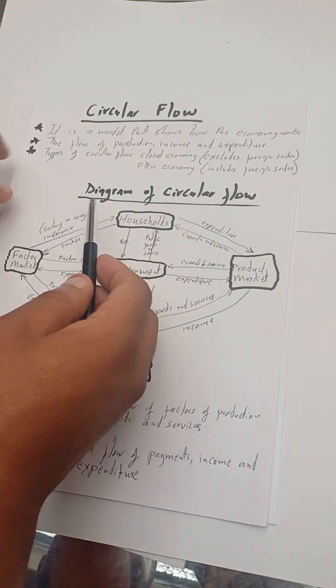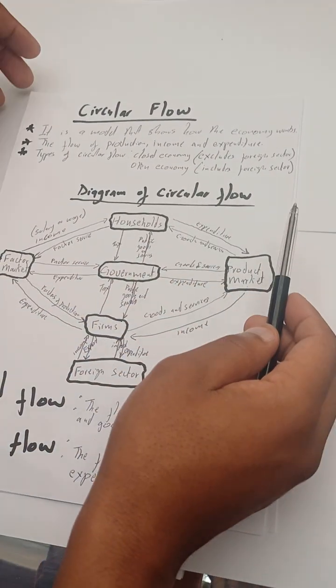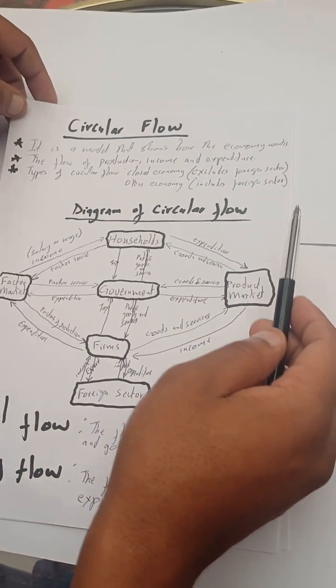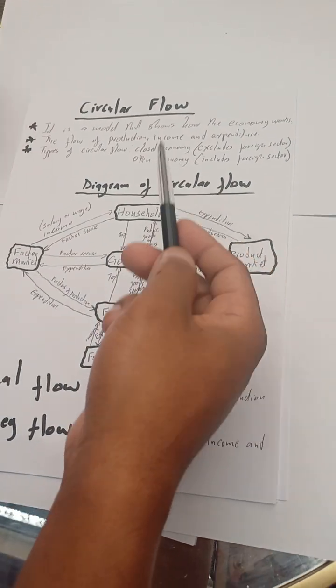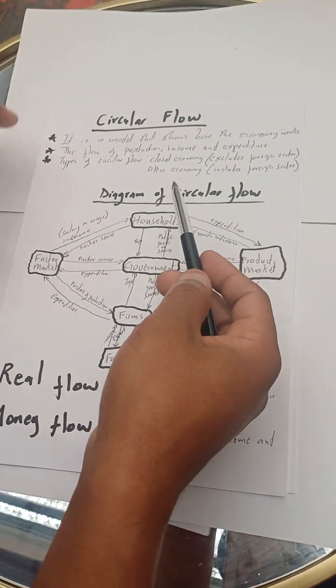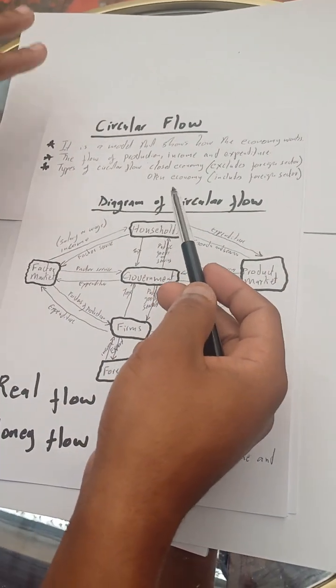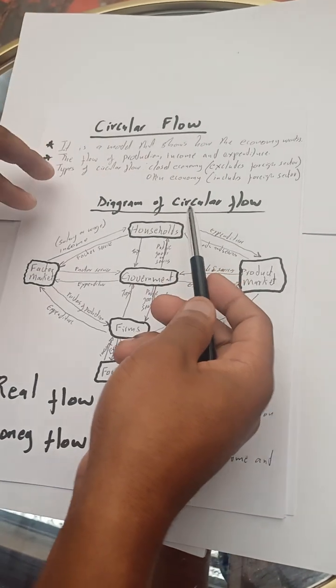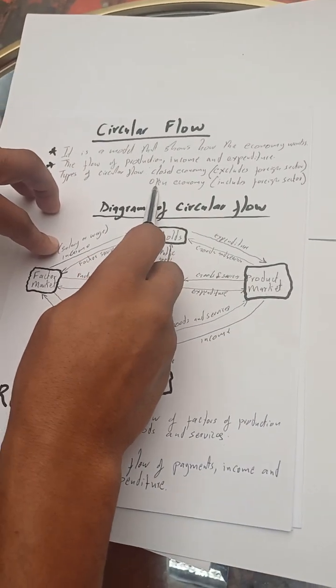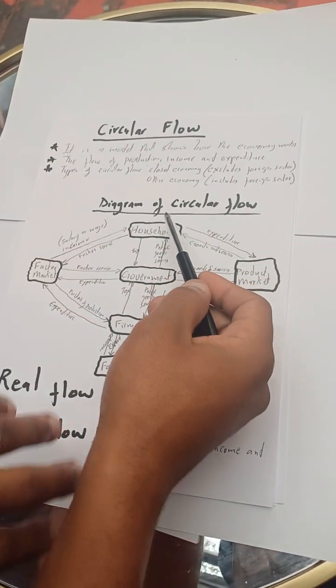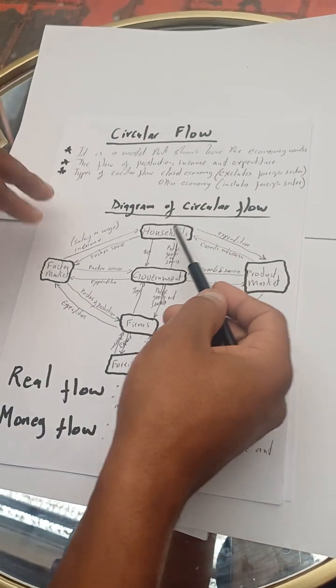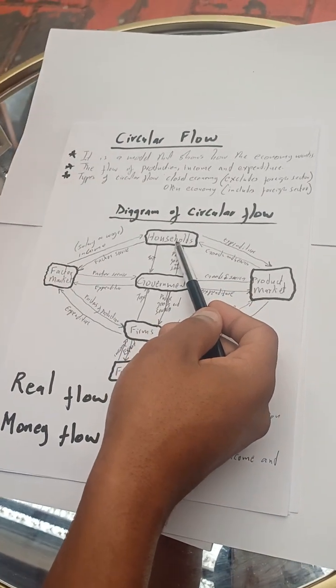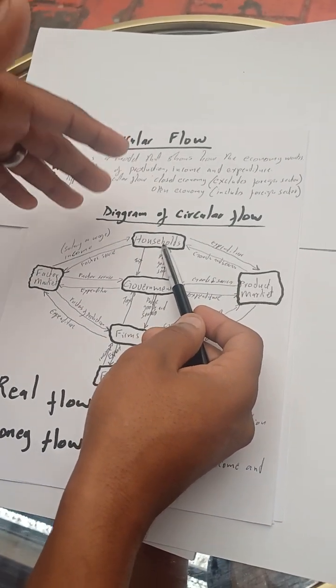Then now, let us move to the diagram. How does this flow of production, income, and expenditure work in a diagram? As here's diagram yethu, we need to include 4 participants if ever sizakwenza nge-open economy. The first participants or the role players, the household. Household are also known as the consumers.